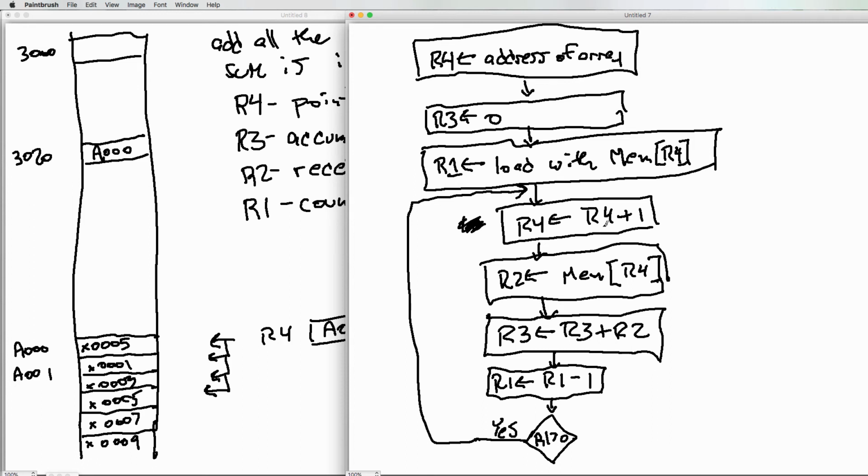I increment the pointer into the array. I get the next number. I add it, subtract 1 from the counter. And down here, if the answer is no, then I'm at the end. Okay? Everybody get that? So from this,